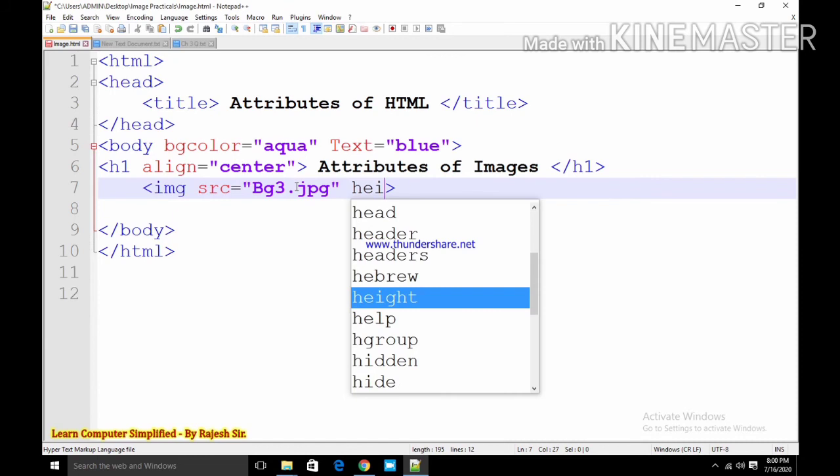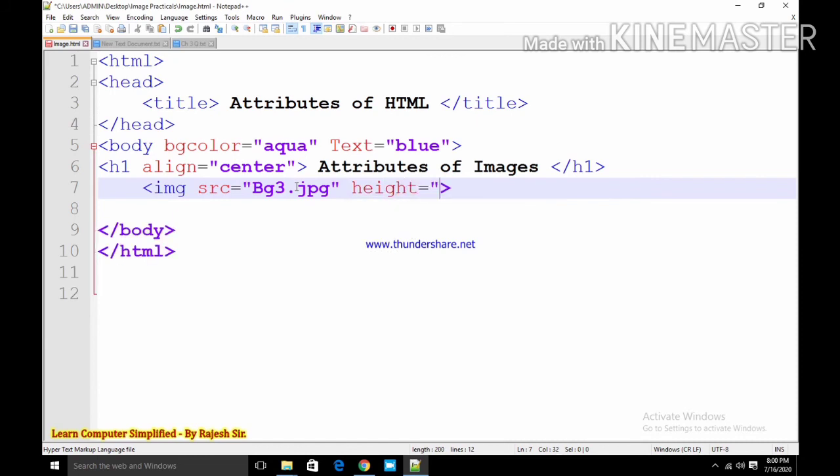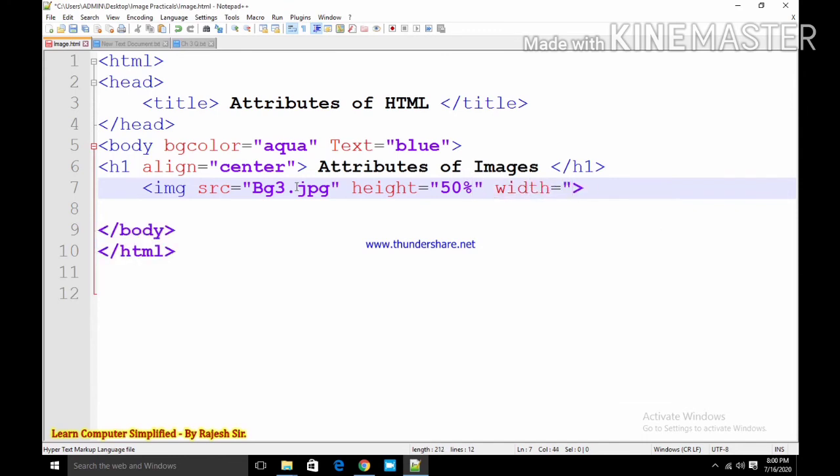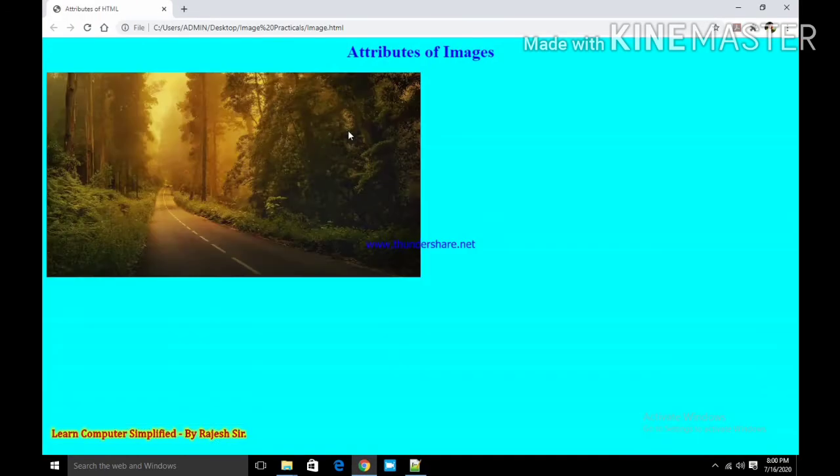Now suppose I want to set its dimension. So here I am using height, suppose 50%, and width equal to 50%. You can see the entire image is reduced to 50% of its original size.